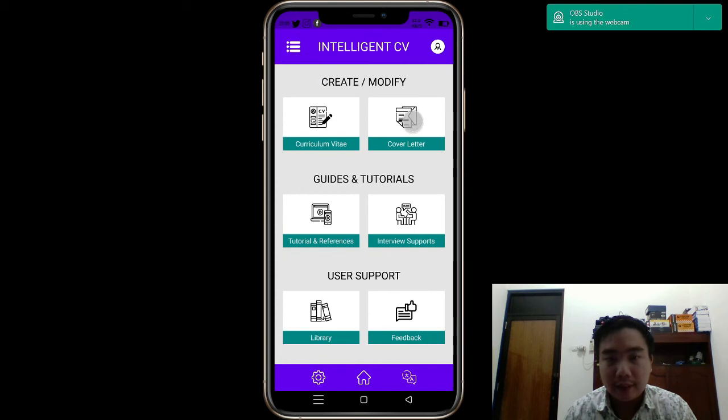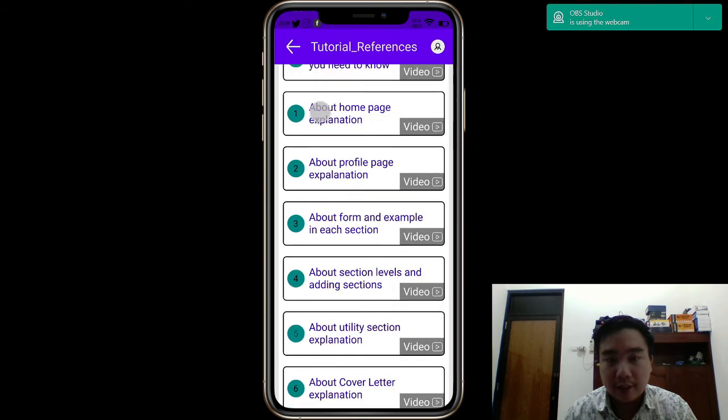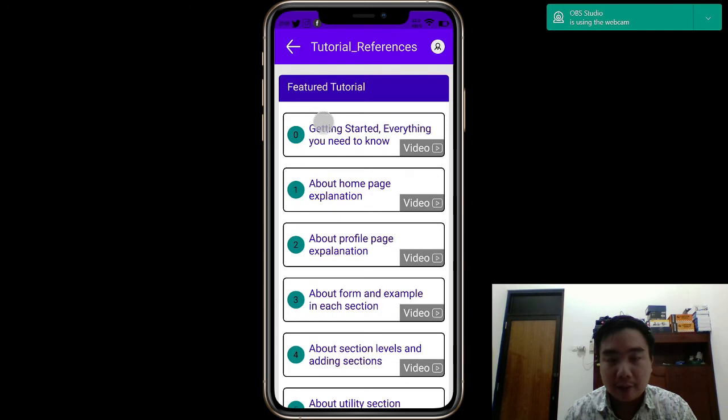And then we will head to the tutorial and reference. This will be more help for the user, if they need more help, but not just from the text. Maybe they are bored or something like that. So this will prompt the app to make the guide for the user. I haven't implemented it, but it will be something like a prompted guide for the user.